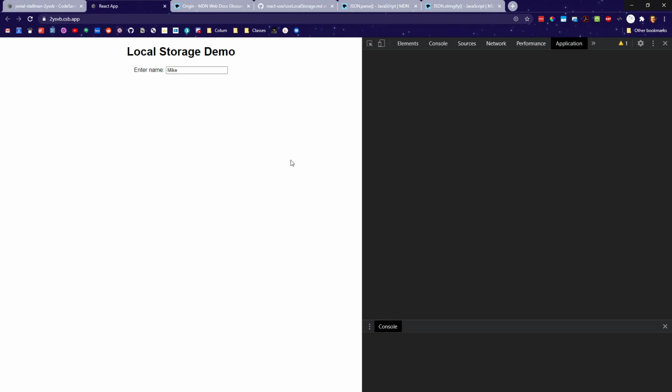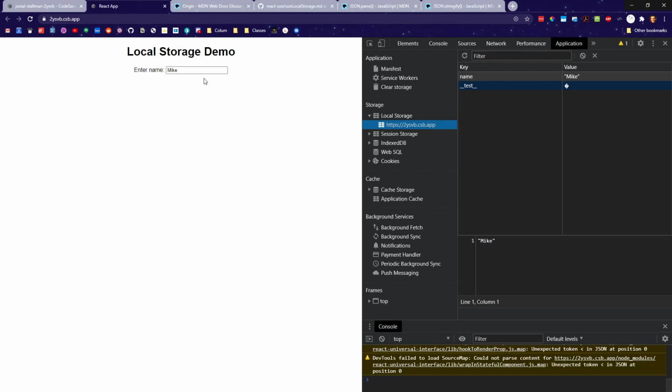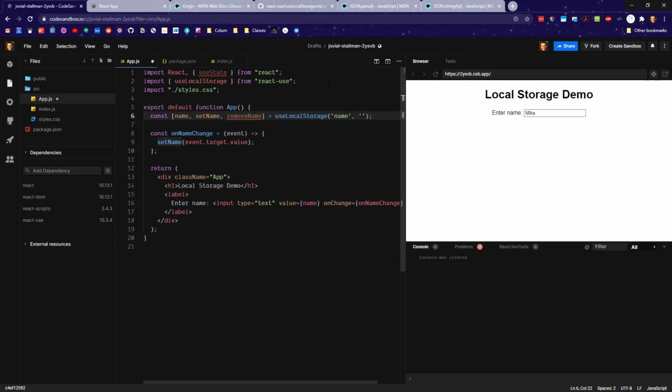And if I pop this open in a new window and check it out in my storage, we can see that as I am typing names, they are syncing to local storage. The advantage of useStorage is that it also handles parsing, doing that JSON parse and JSON stringify for you. So if we added another field here,